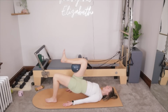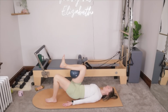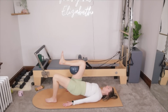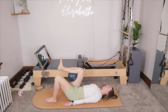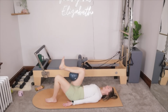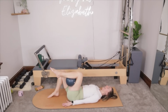Press into the left heel to lift and roll the spine down. Lengthen the fingertips towards the heels. Two more. We lift up and roll everything back down. For the last time before we hit the other side, you'll lift and roll everything right back down. Once the hips come down, we move over, ball behind the left knee, right foot down, arms by the sides,